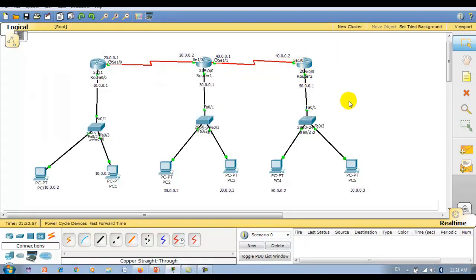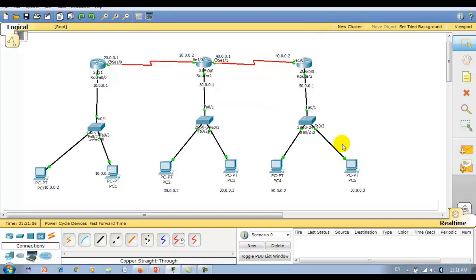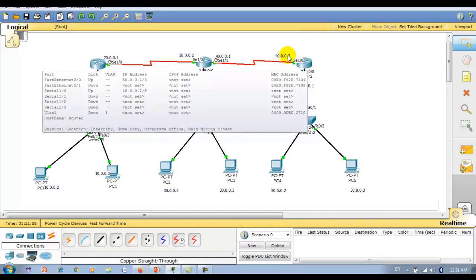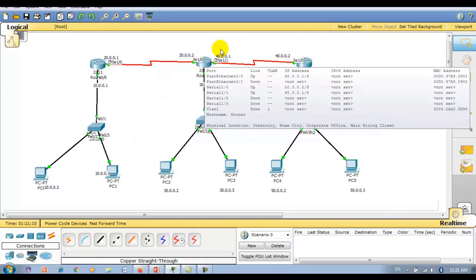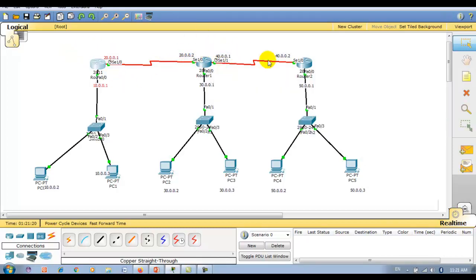It may be possible here somewhere there is an ISP, right? So from this router to the ISP we also require to configure a default route. But let me assume that this is the ISP, right? For this network, this is not a stub network, because there are two paths from here and here, right? So this is not considered a stub network. But these two, this one and this one, are considered stub networks. One entry point and one exit point.